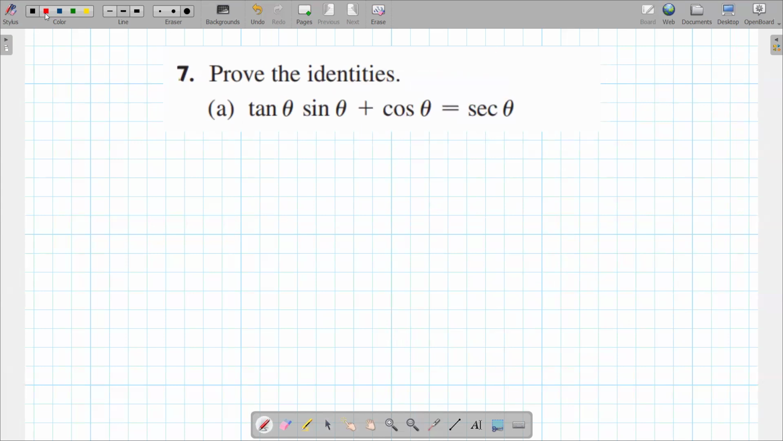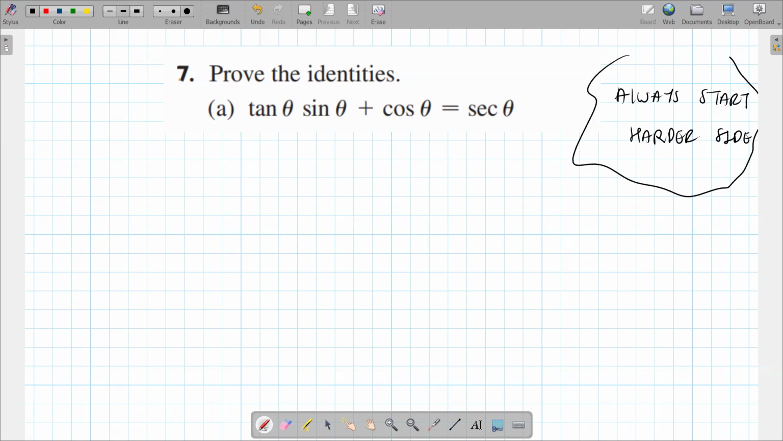Here's the golden unwritten rule. Maybe I'll write it down. Trig identities, you're always going to start on the harder looking side. Always start on the more complicated looking side, because that will give you more things to work with. What that means for us for this question is that we're not going to be starting on the right side,